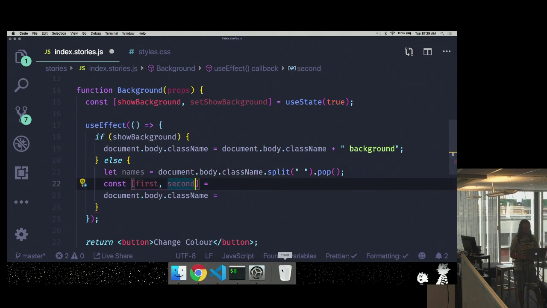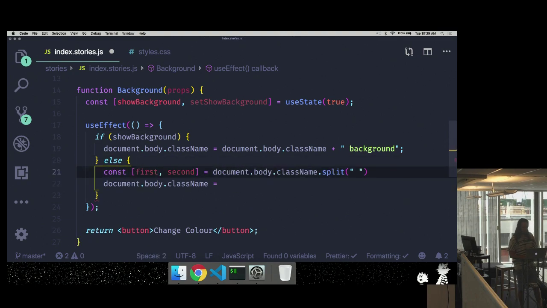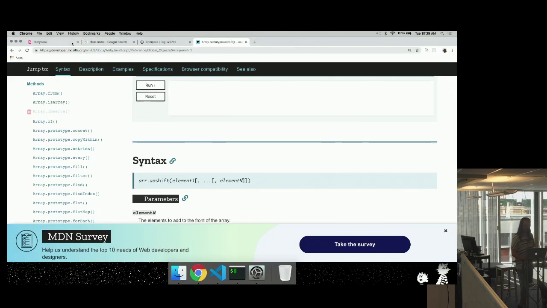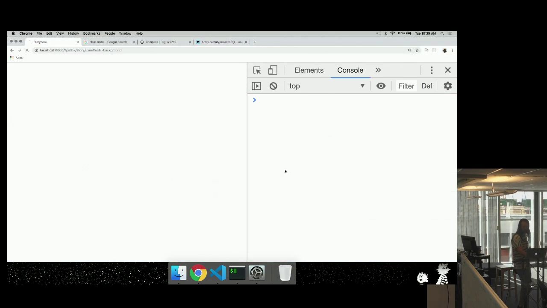Dirty. It's so dirty. That's what I'm doing here, right? So look at this. I can do that with destructuring, right? I can take the first and the second values from here, and then I can just do something stupid like this. I don't even need to. It doesn't really matter. This is kind of joke code anyways, right? I'm just trying to get to the point where I can